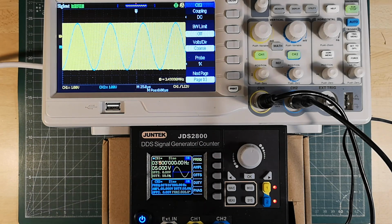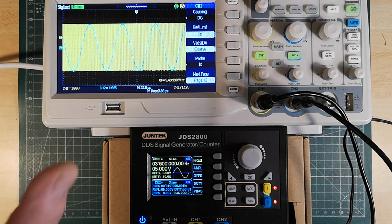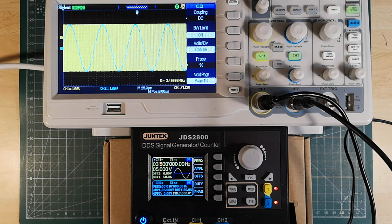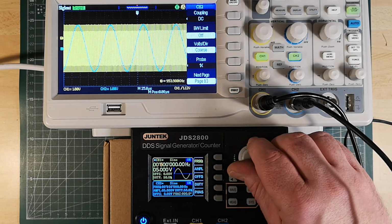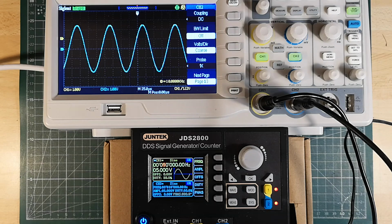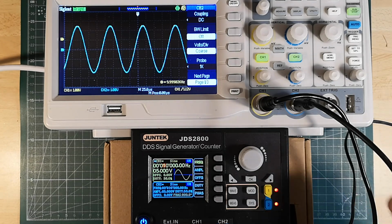At the moment, these 2 channels are not synchronized, or not totally starting triggering at the same point, or something like this. So what should I do? Okay, I would change the frequency on channel 1 so we can have a look at both channels. Now I have both channels at 10 kilohertz,